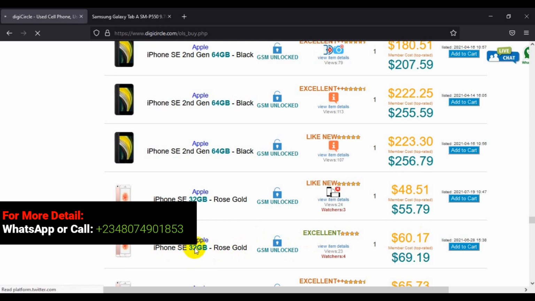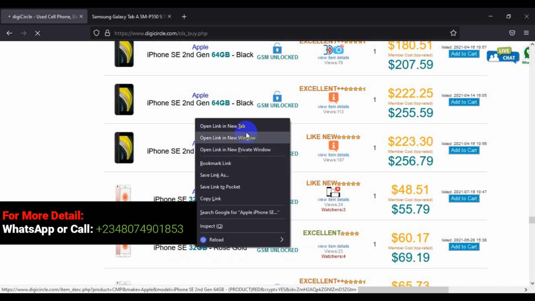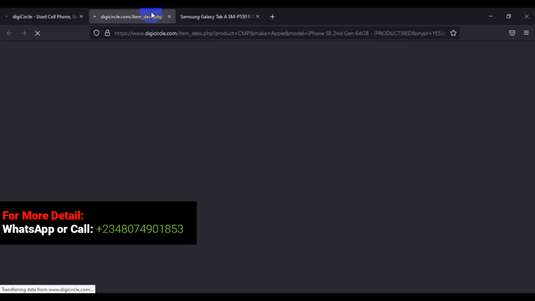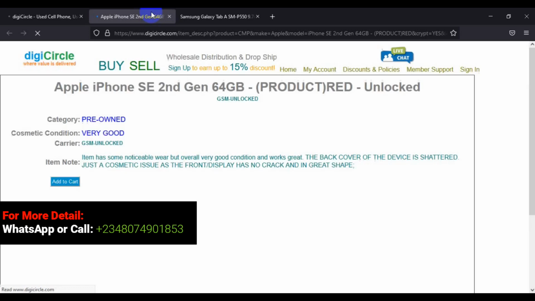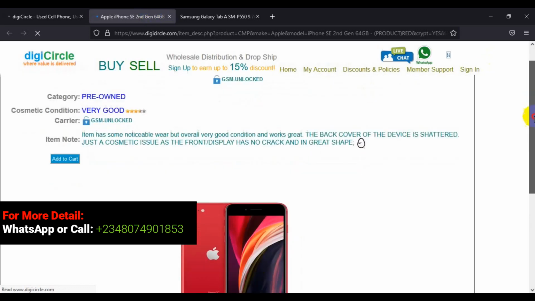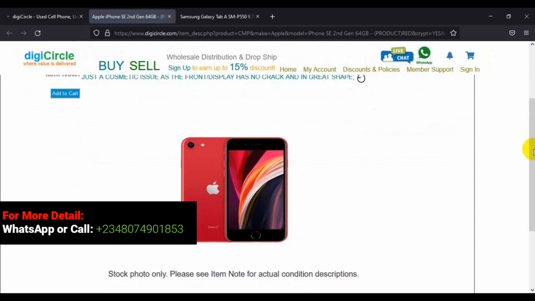So let's say for instance I'm interested in this iPhone here. I will right click on the product link, then open the new tab. Let's see. So you can see, let's scroll down and see more detail about the product. So now this is how you search for products on the website. Once you are satisfied with whatever product you want to buy, just click on add to cart, then check out